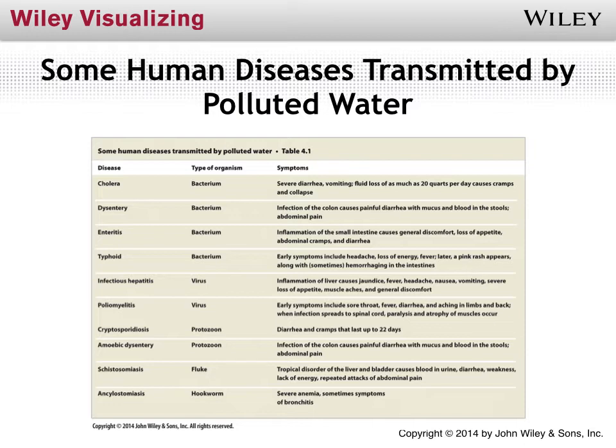It doesn't tend to kill people outright, but if over time you continue to have severe diarrhea and vomiting, you're losing fluid. And if you lose fluids, you become dehydrated. And if you become dehydrated, you continue to have cramps, and eventually it can lead to death if it isn't treated. So a lot of these diseases, again, don't kill people outright, but they make them weaker and weaker to the point where they can become more susceptible to other problems that ultimately could kill them. So it's definitely good to know some of these diseases and what causes them and what some of the symptoms are.